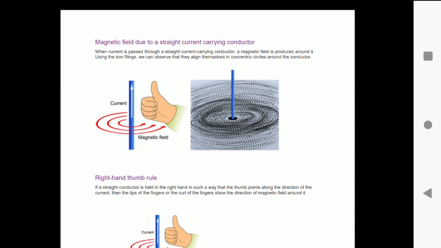We have a straight vertical wire which passes through a horizontal cardboard sheet. The ends of the wire are connected to a battery through a switch. When current is passed through the wire, it produces a magnetic field around it. This magnetic field has magnetic field lines around the wire. See the figure. The magnetic field lines are circular in nature.